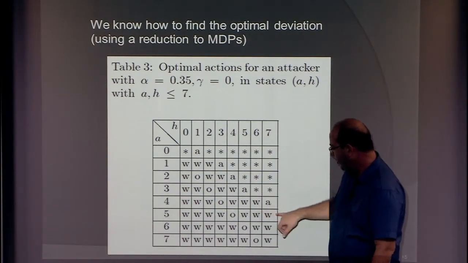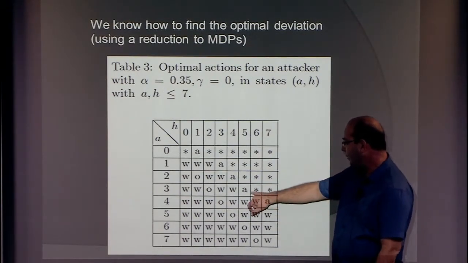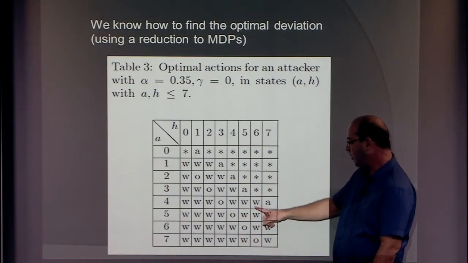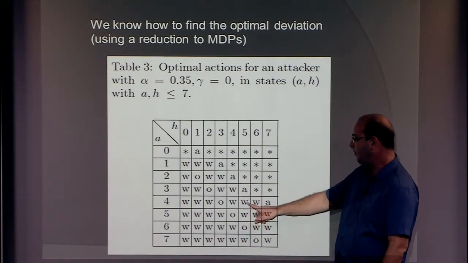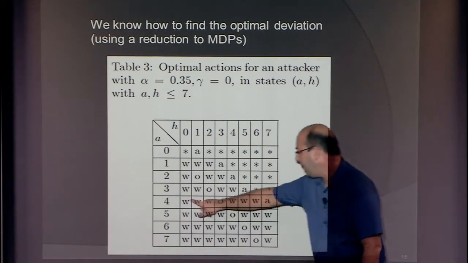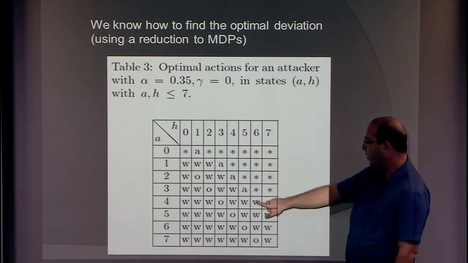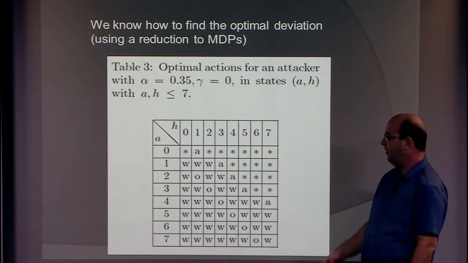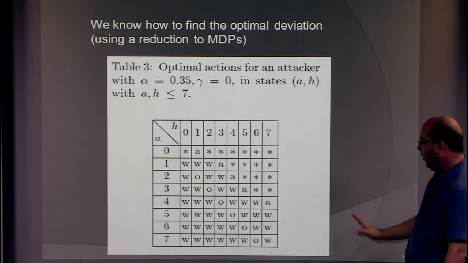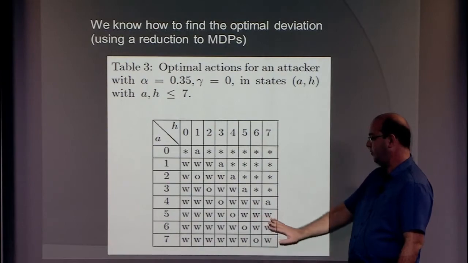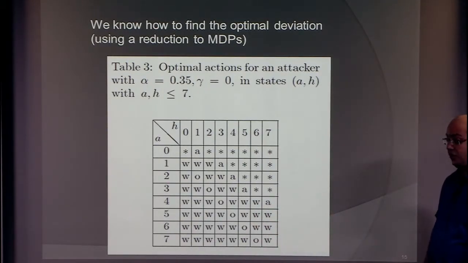So you might notice here a very curious thing. Sometimes it's worth it to still work on a problem, even if I'm behind. Like if I am the attacker and I have 4 blocks, and the network has maybe even 6, I can still keep working and gain as a result. This is kind of surprising, and this is a feature that Eyal and Sirer's strategy did not have.